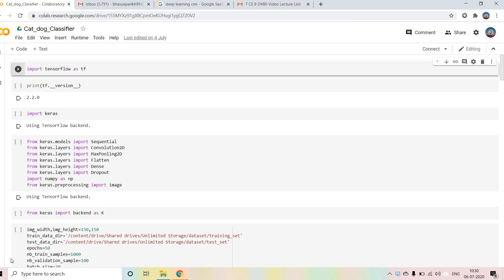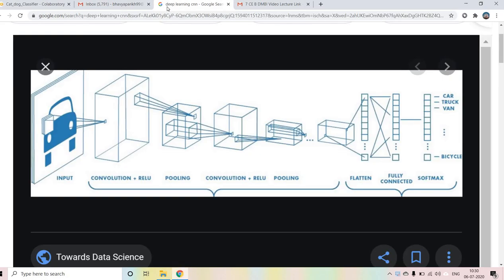So hey guys, in today's video we are going to see a cat dog classifier using the CNN model. You all know the procedure of the CNN model. For that you have to go for a convolution layer, then pooling, max pooling. Then you apply the activation function. You go for another convolution network, then flatten it, then dense, meaning fully connected, and after all you apply the sigmoid or the softmax. Softmax is applied when there are two or more classes.